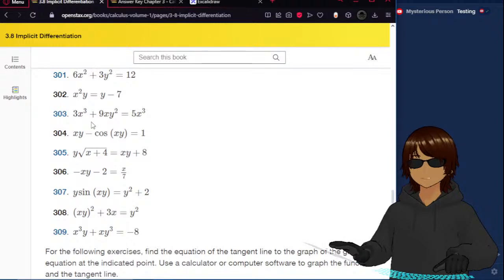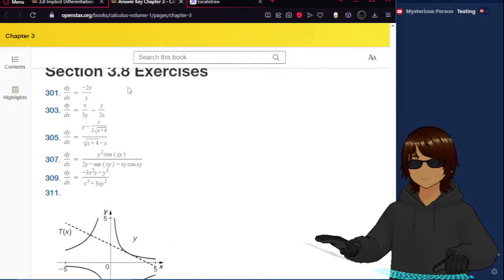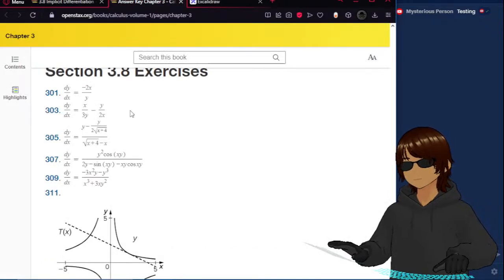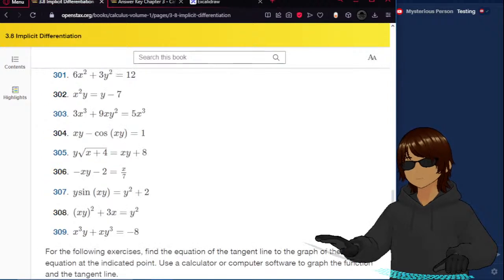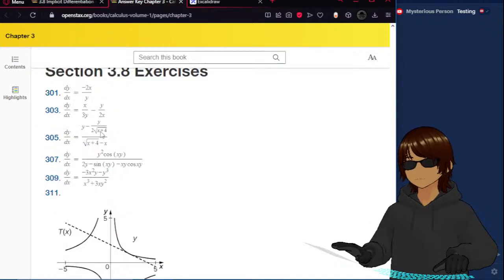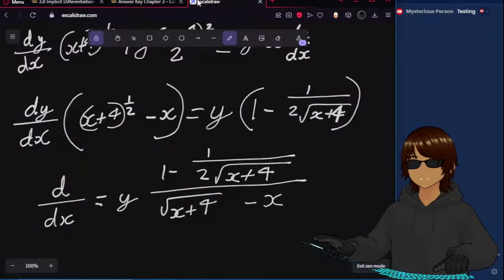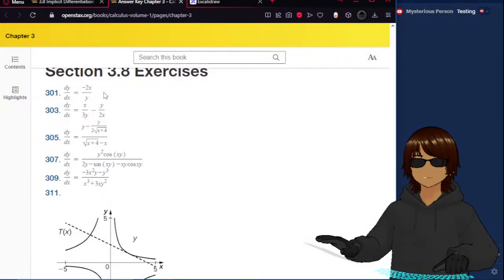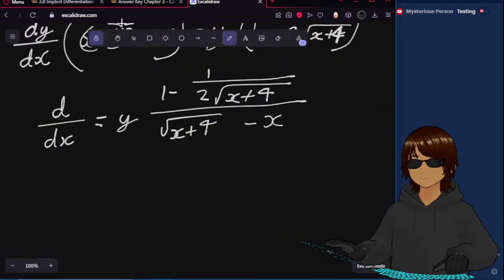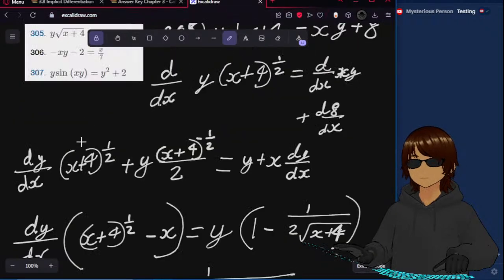I think this is the answer. 3 or 5. Y minus y over 2 is plus 4. Yeah. And then the next one,